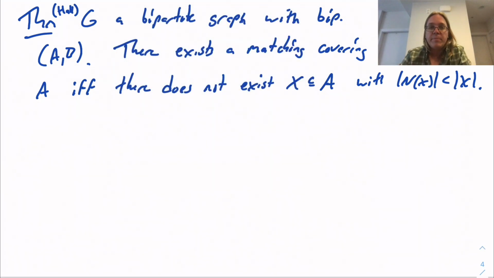So that's our theorem. As I said, it's nice for real world stuff. It's also very nice combinatorially, and the proof is also very, very instructive. Now the if direction here is